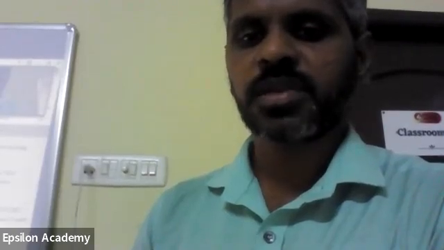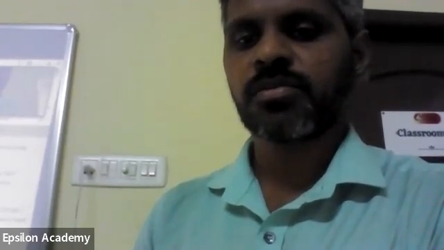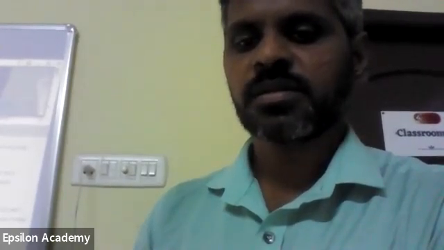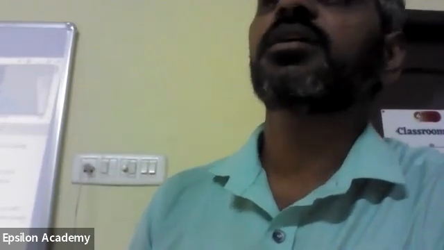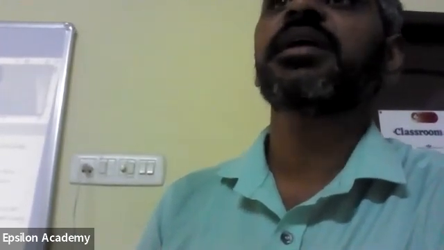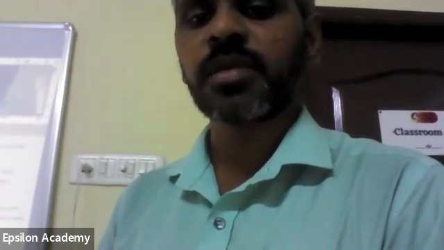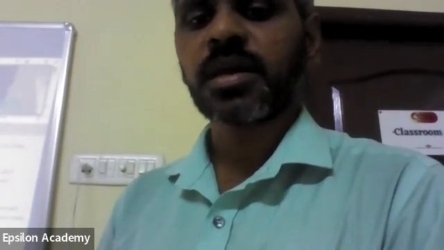Cos x by 2 plus sin x by 2 divided by cos x by 2 minus sin x by 2. Divide both the numerator and denominator with cos x by 2. Wherever you are getting expressions like sin theta plus cos theta by sin theta minus cos theta, or cos theta plus sin theta by cos theta minus sin theta, this is a standard strategy we will apply. We will convert into tans. How can I convert into tan? Both the numerator and denominator I am dividing with cos x by 2, so this can be written as 1 plus tan x by 2 by 1 minus tan x by 2.